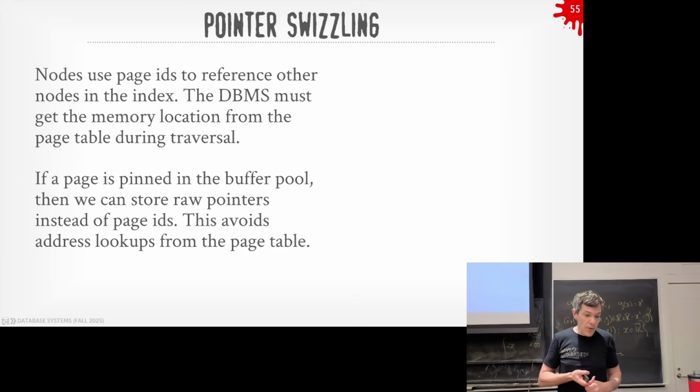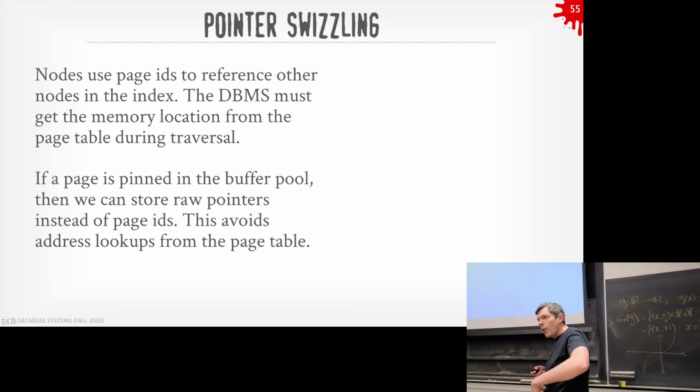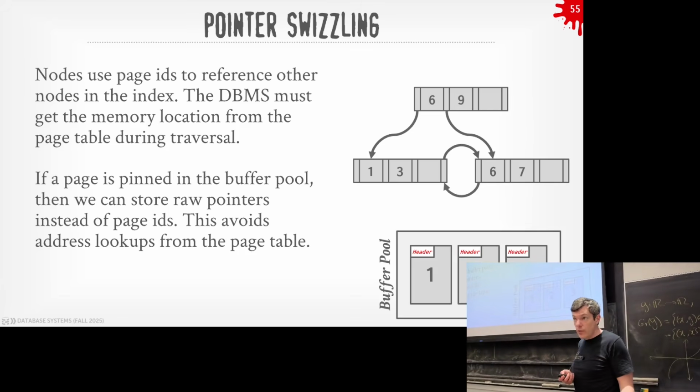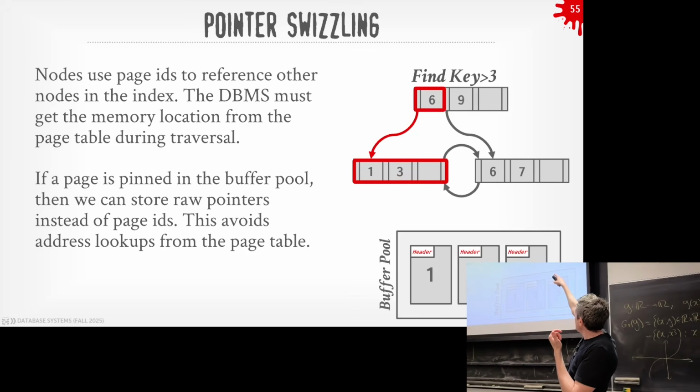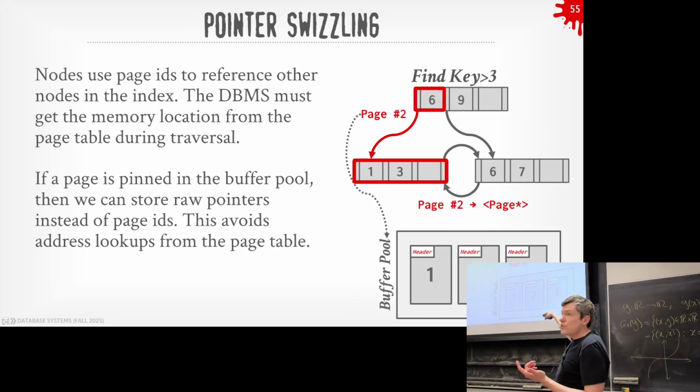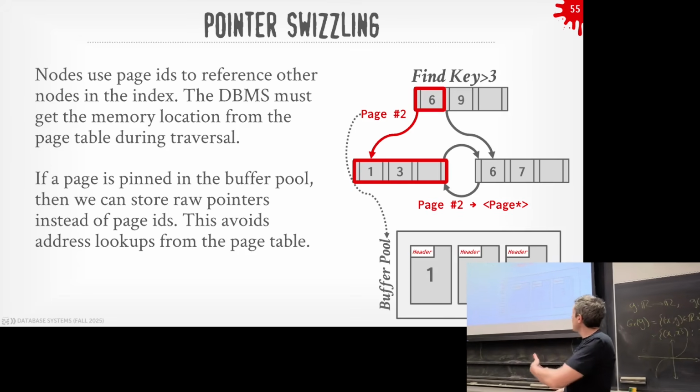All right, so when we follow pointers in our B+ tree, what are we doing? We're not actually storing memory pointers. We're storing page numbers. So if I want to traverse and find keys greater than 3, the first thing I have to do is look at my root node, which says 6. I know I want to go down this side. Well, how do I get down to that leaf node? I'm going to have a page number in my root node that tells me how to go down there. So to get that page, I go to my buffer pool and say, hey, give me page 2. Give me back the pointer in memory for the frame that has that data. Okay, once I get that, then I can do the traversal.